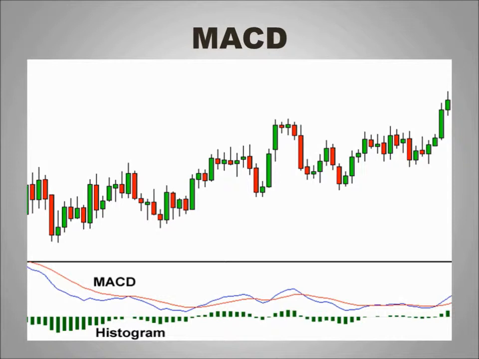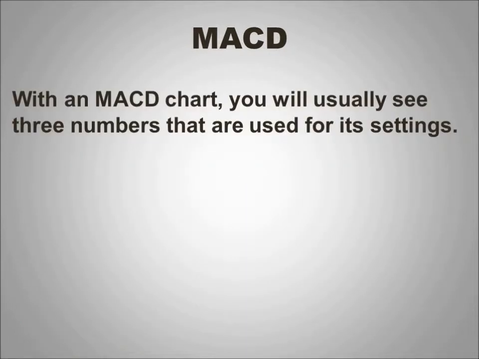Notice that there seems to be a line between the bars going up and the bars going down. When we see bars going down, that is an indication that we're in a bearish market. Bars going up tells us that we are in a bullish market. So on an MACD chart, we usually see